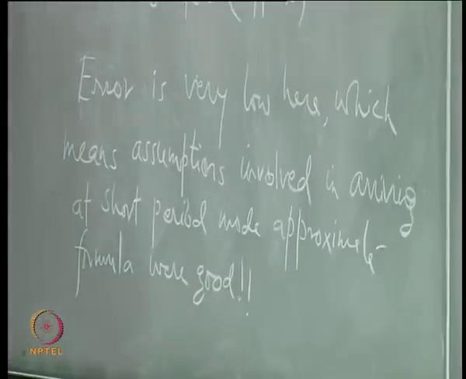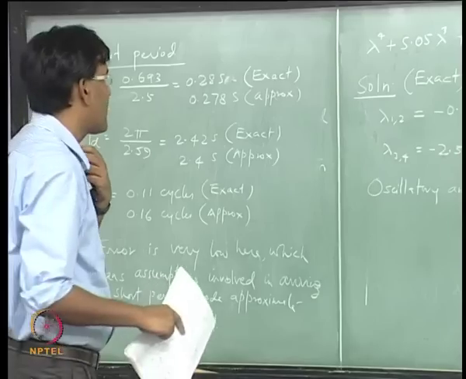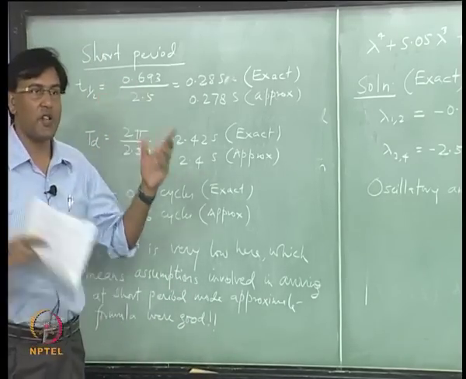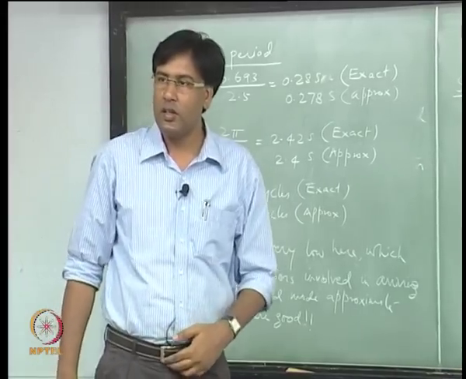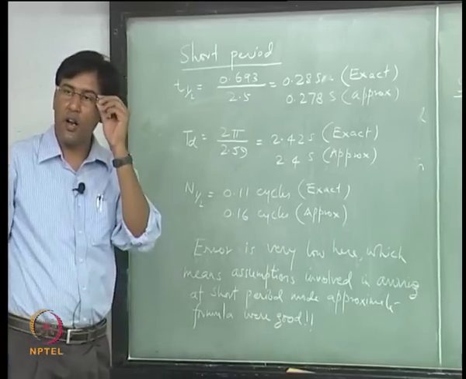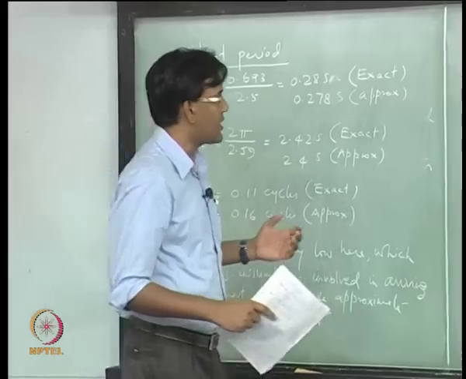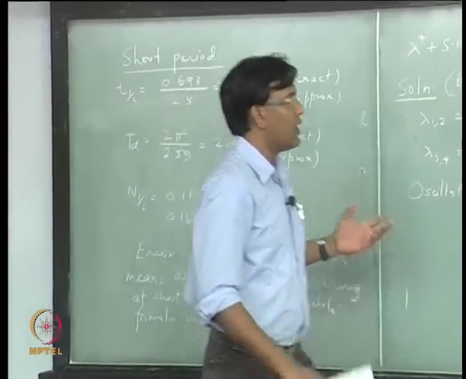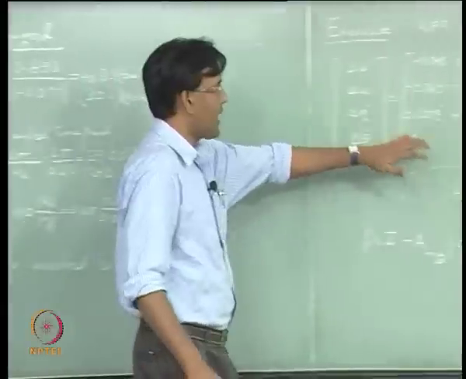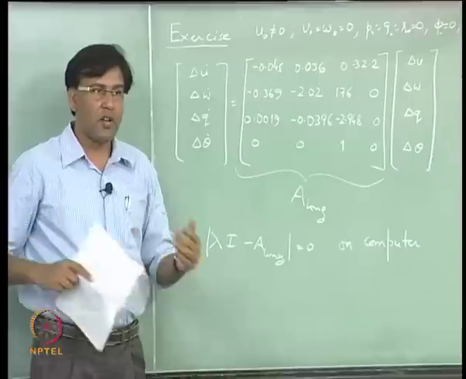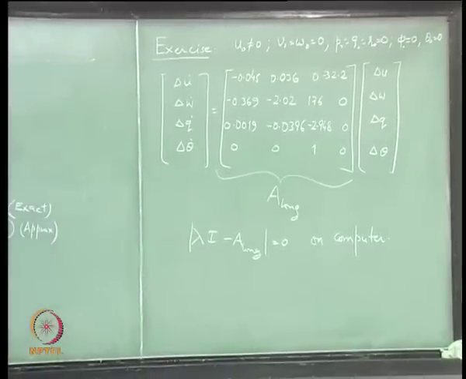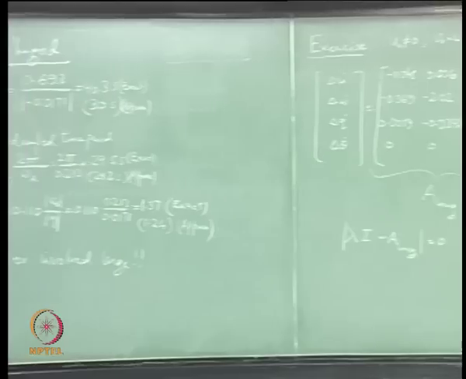If you want to find the exact formula for both of them together, then you know that you have to solve a quartic equation using symbolic tools. Let us say I retain all the parameters, not giving them any numbers, and want to arrive at expressions for eigenvalues for the short period mode and the Phugoid mode, then you are going to get large expressions.